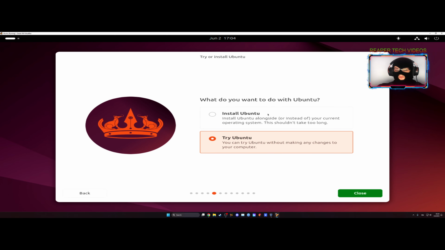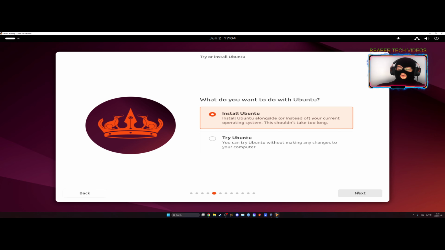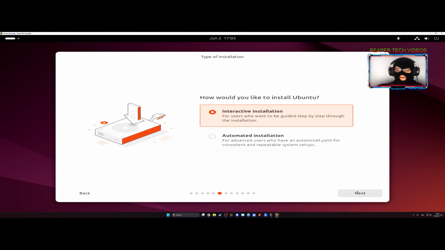This time, because this is an installation tutorial, we're gonna select install Ubuntu. And yes, you can install Ubuntu and basically any other Linux distro next to Windows. So basically you can select whether you want to use Ubuntu or any Linux distro you have installed, or Windows, and vice versa. Let's go next, and we can select